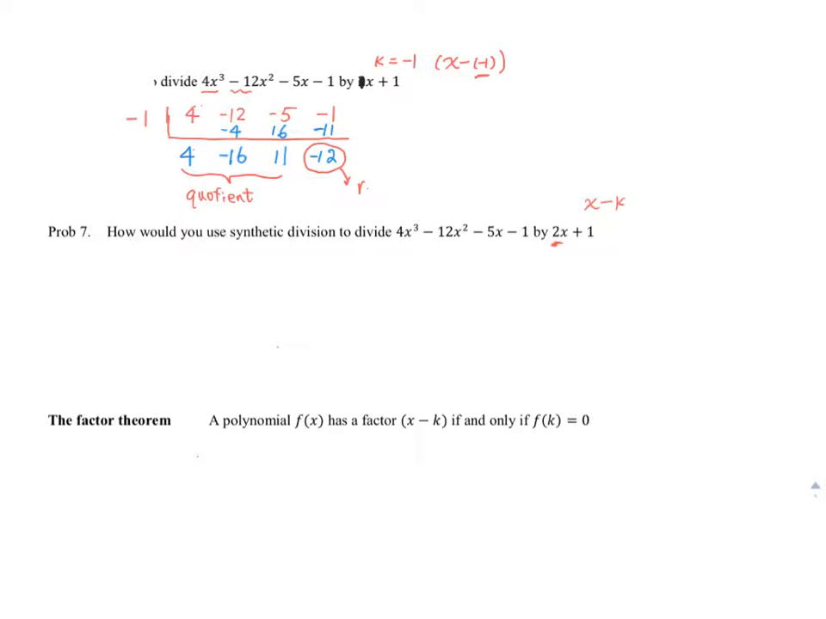So therefore, I can write that 4x cubed minus 12x squared minus 5x minus 1, if you divide this by x plus 1, your answer should be 4x squared minus 16x plus 11. Your remainder is -12, and then divided by x plus 1. Or sometimes you can just move this negative sign to here. That will usually be your final answer, right? So this is it. Now the question is, what about